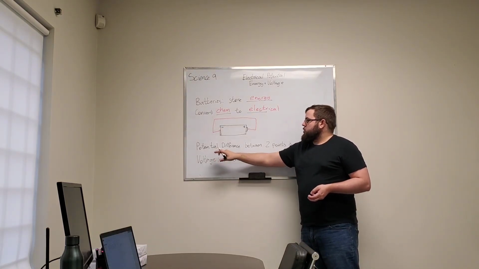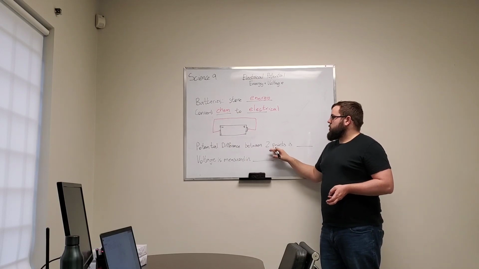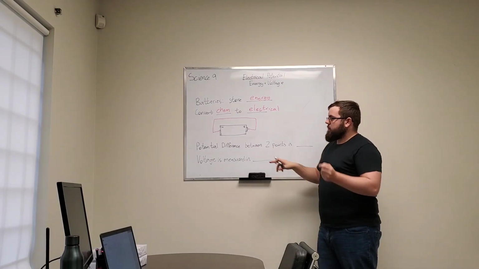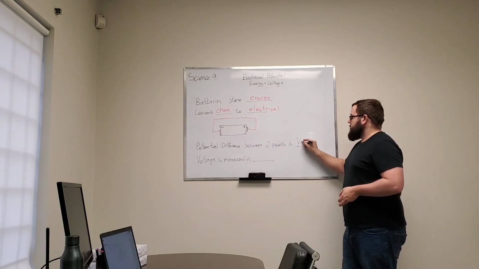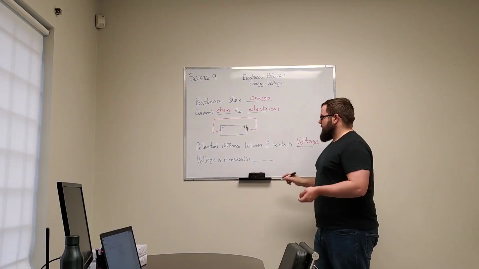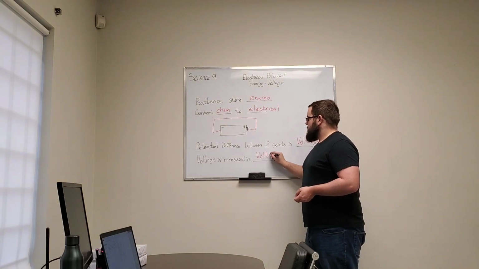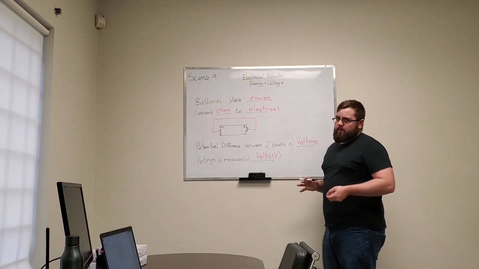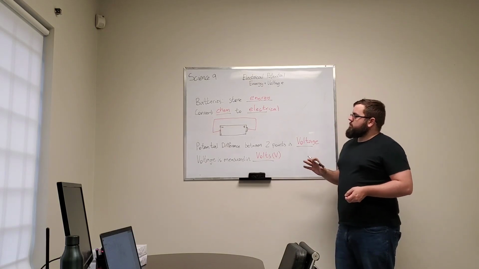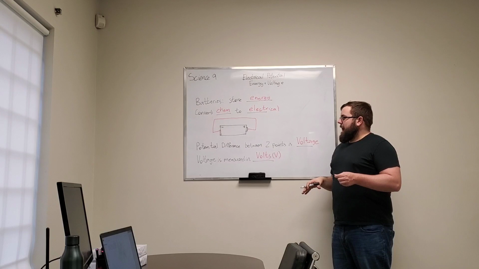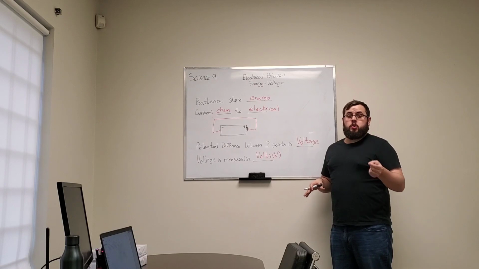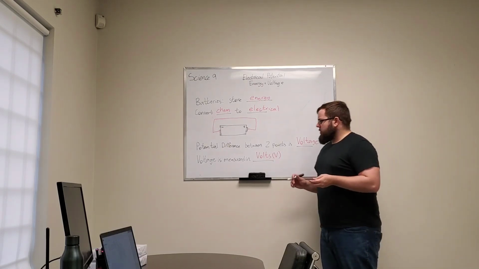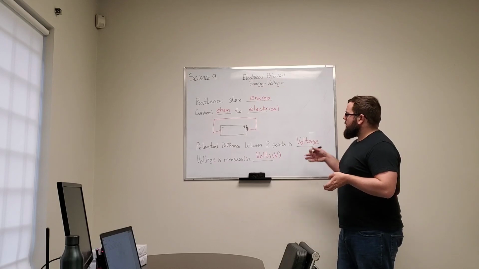Now, the potential difference between 2 points, so the difference in potential energy from one side to another, from here to here, this is known as voltage. And voltage is measured in volts, and we use a V. So again, potential difference is how much energy could possibly be transferred, or possibly move, between 2 points in your circuit. And that's a little weird to think about just by looking at this drawing, but